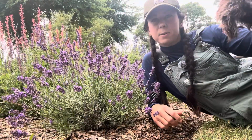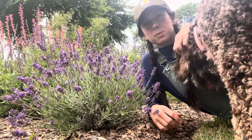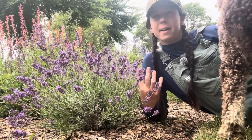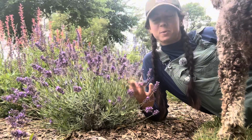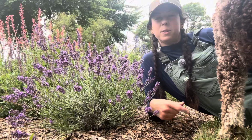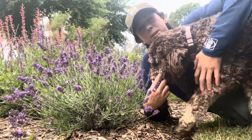If it was possible to gift you guys with smell-o-vision, I would, because I want y'all to be able to smell how good this lavender smells when it's in full bloom. That's how we're gonna kick off this week's video, with a quick tour of all the lavender